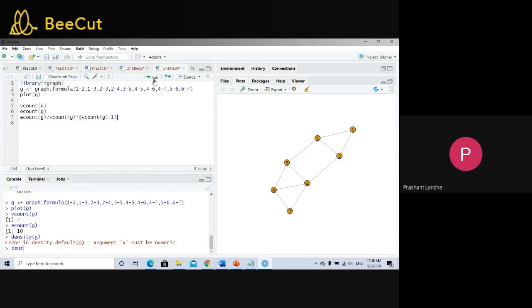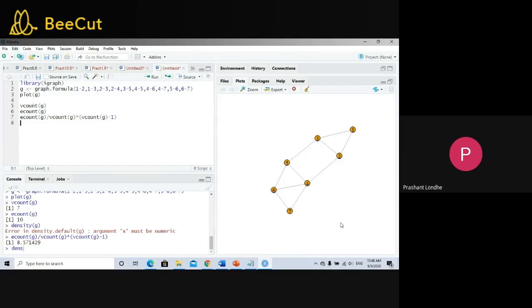Let me run this. This is the actual density of the graph. That formula is given in the book, therefore we have applied this formula. But if you want to calculate the individual density, then you can calculate it by calculating the actual things. So this is about the density.